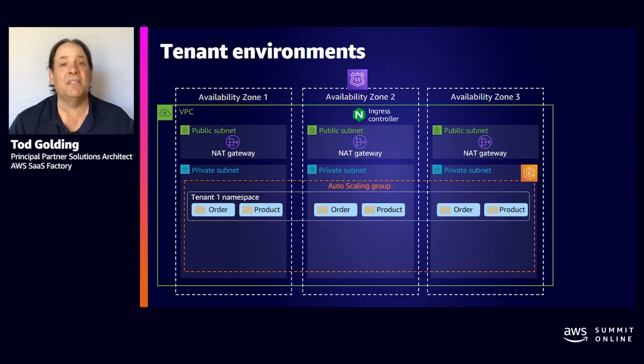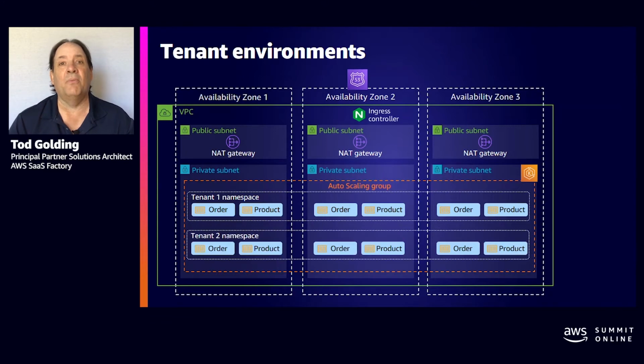And the nice part of this is that now for this tenant, I could actually have a different scaling profile. So if this is a basic tier tenant, I might have one set of scaling rules for this. And now when I onboard the next tenant, this could be a premium tenant, and they could be provisioned and scaled differently. But as we'll see as we look forward here, this namespace model is also core to our overall tenant isolation model.